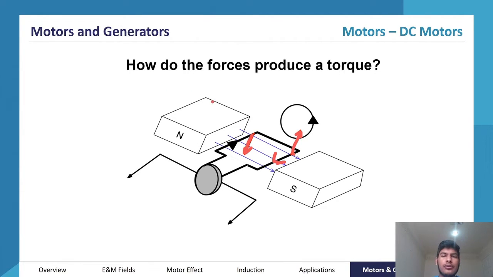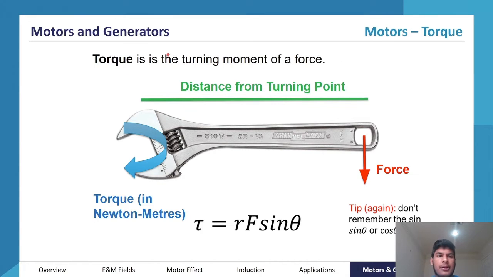This is called a couple, where we've got two forces in opposite directions, but on either side of the axis of rotation. And so that's going to generate the torque required to spin whatever we're spinning. So remember, just think back to your mechanics unit. Torque is the turning moment of a force, right? And so the distance from the turning point is